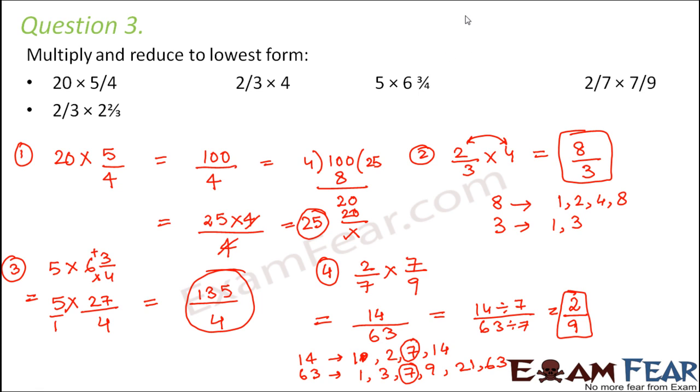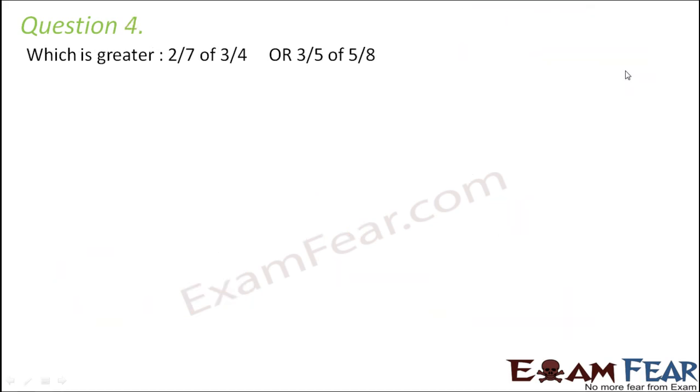Let us now look at the fifth one. Now we do not have enough space. Let's do it here. So fifth one is 2 by 3 multiplied by 2 into 2 by 3. So first we will convert it into improper fractions. That is 3 into 2, 6 plus 2. That is 8. So 8 by 3. So now again multiplying the numerators, 16, multiplying the denominators, that is 9. Now 16 and 9. Do you think we can reduce it to lowest form? We can't, because they again do not have any common factor other than 1. So this is already in its lowest form. So the answer would be 16 by 9.